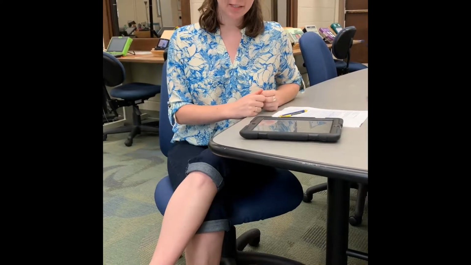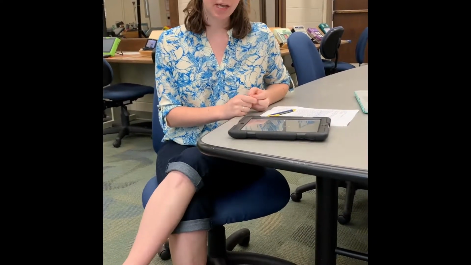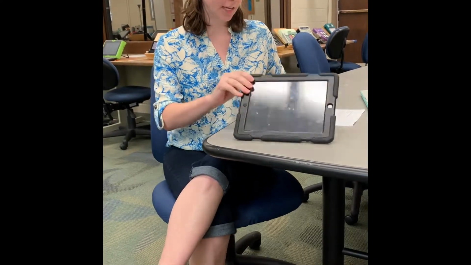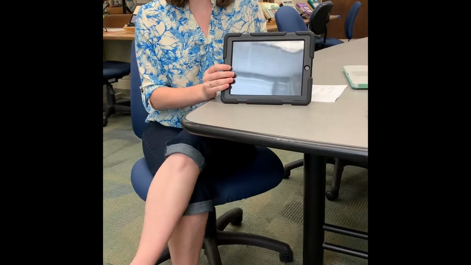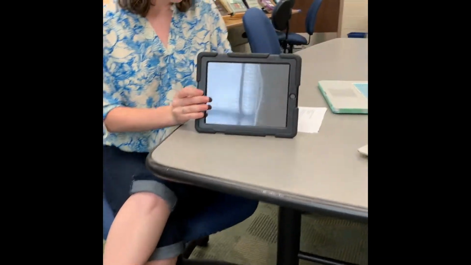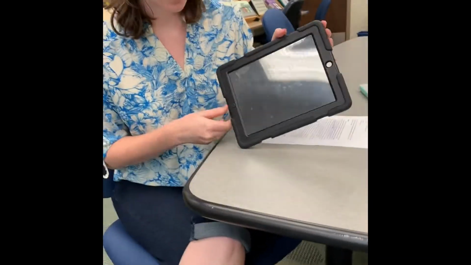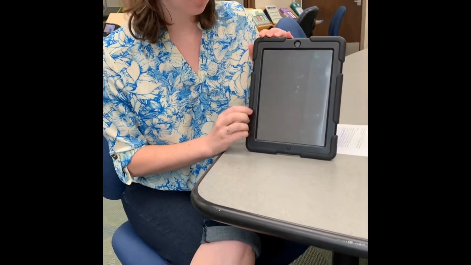Today we will be discussing TouchChat, which is an application for communication on non-dedicated devices such as the iPad. The iPad can come in a range of different sizes to best fit the individual and their needs of communication. This iPad is an older model, but it still has all the features that most newer models that you might